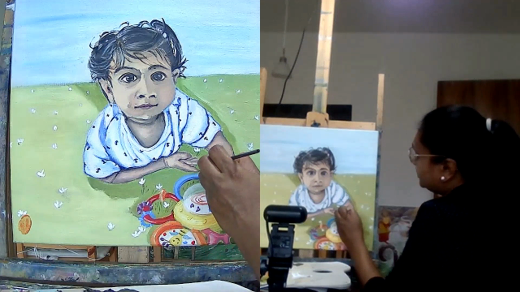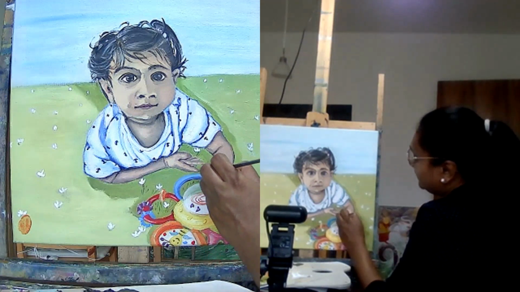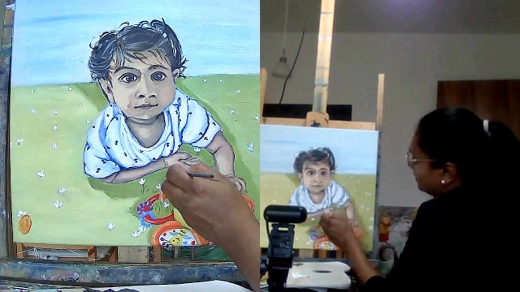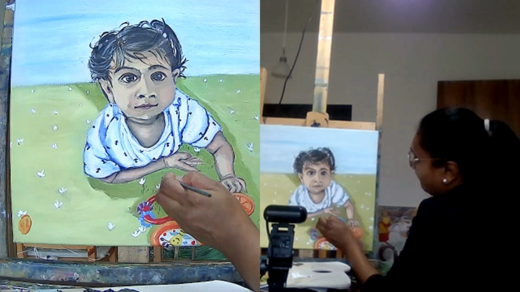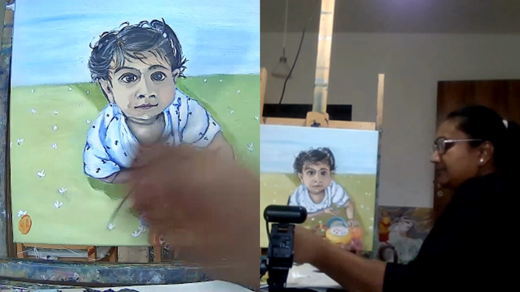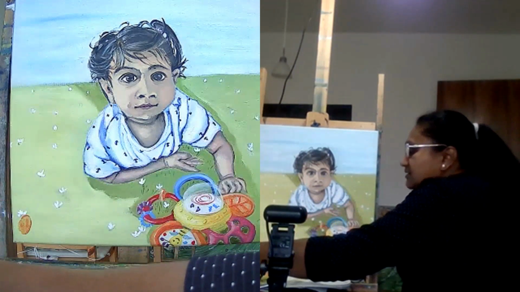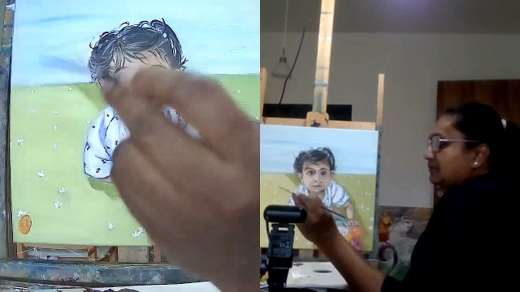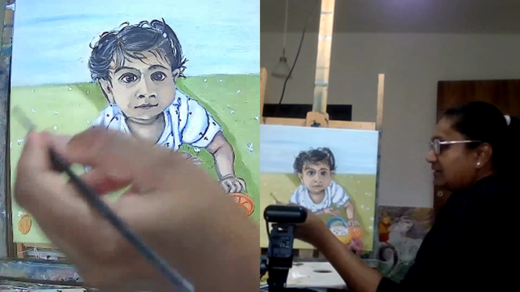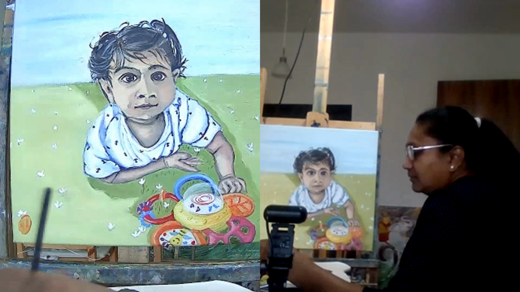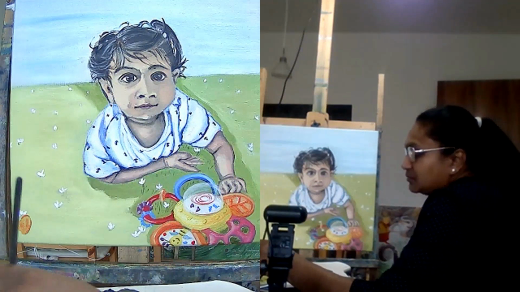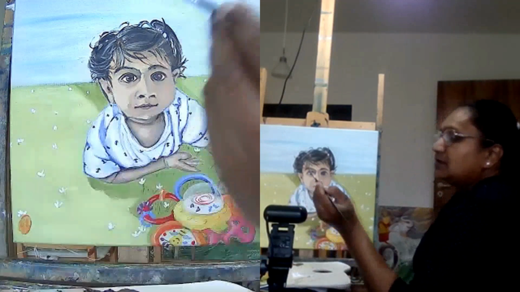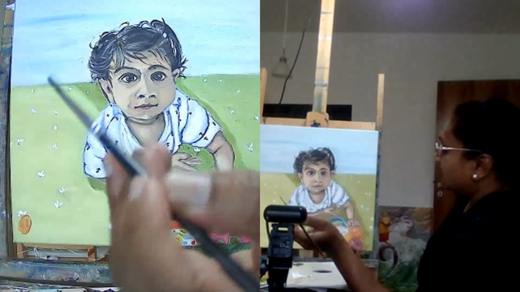Can you put some more strokes like that here and there to give a feeling that it's. Taking a quick dip into the oil, linseed oil, just to smoothen out the tip of my brush.